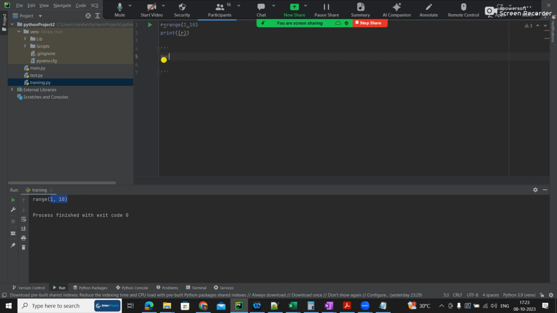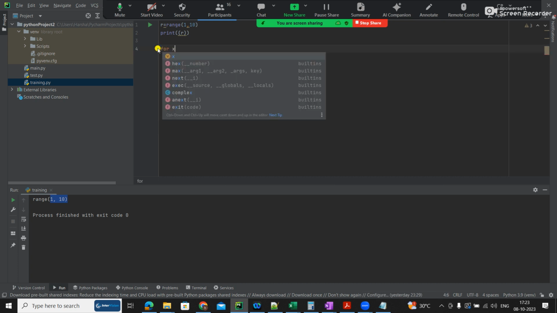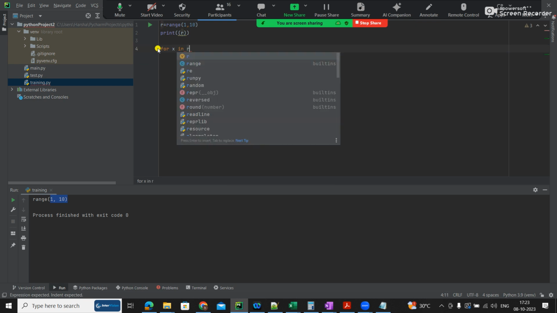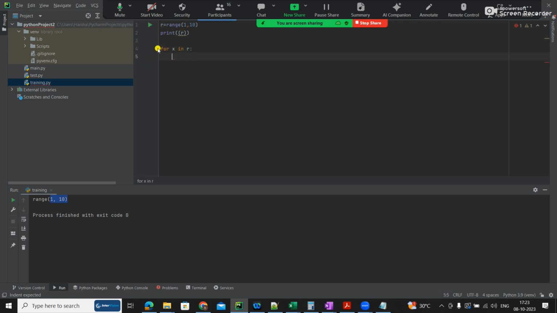It's called iterative. If I take for x in, I am commenting this. If I take for x, x is a variable. I will have a lot of examples on this. Just see now the output. Every value in the range internally will have 1 to 9, 1 2 3 4 5 6 7 8 9. It's like the between operator.